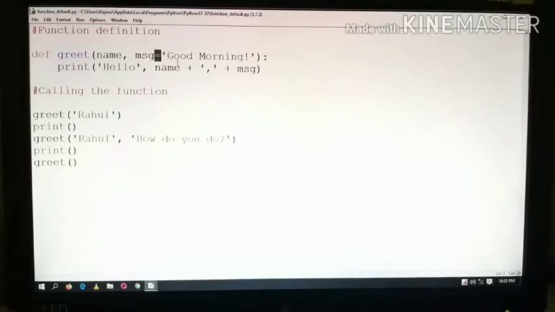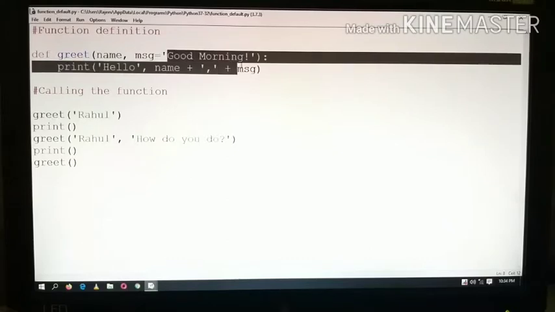In this function, the parameter name will be required here. Here you can see we are calling the function greet Rahul. Means if you are calling in this way, then Rahul will be assigned into name, and you are not passing another parameter here. Means the value of message you are not passing from where you are calling the function.